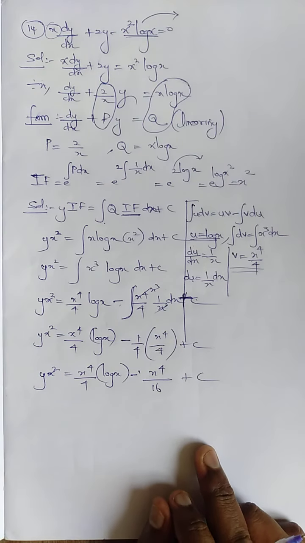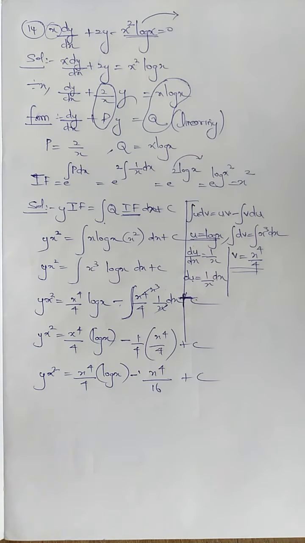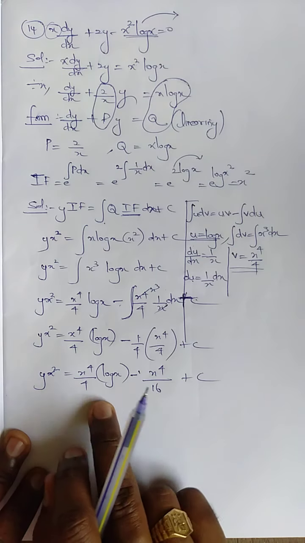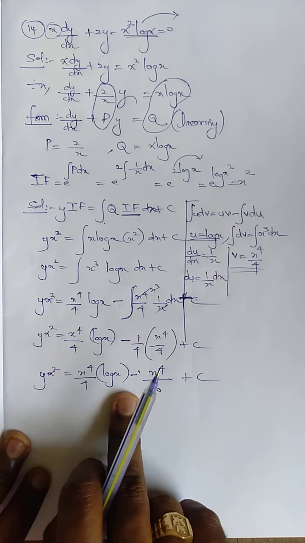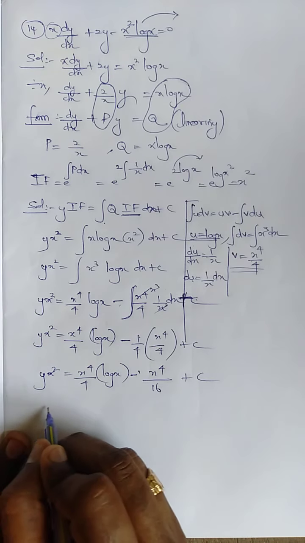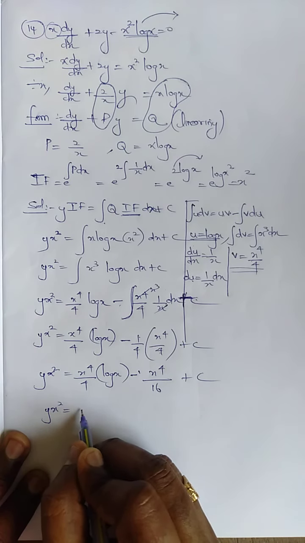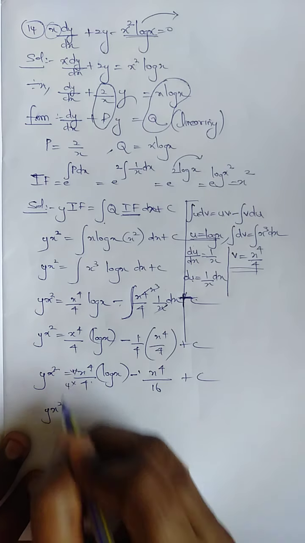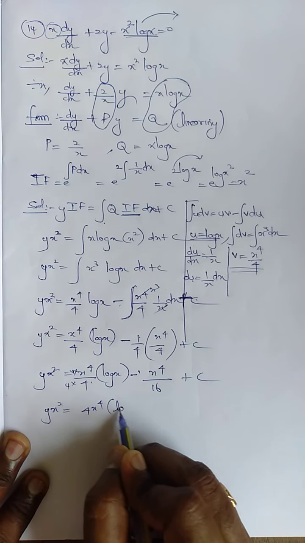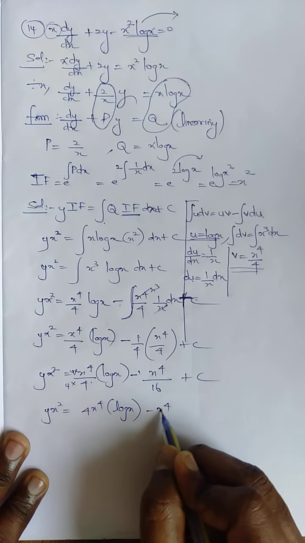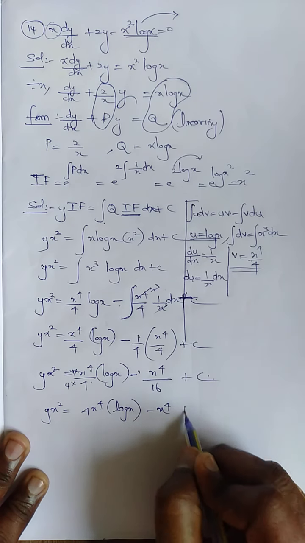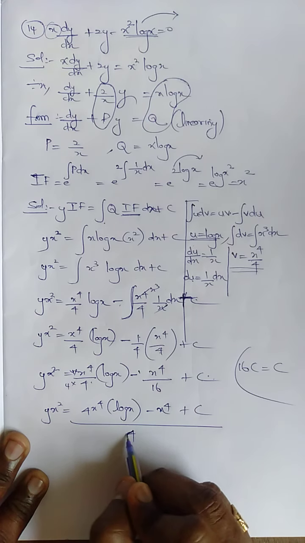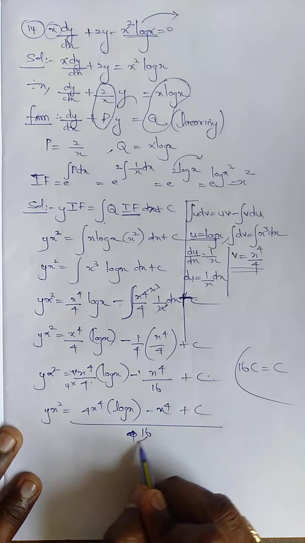Since here the LCM is going to be 16 for us, otherwise we can take 16 as LCM and cross multiply. In the previous sum they did it like that, but the back answer is this one. We take the LCM and do the sum because it is better for us. Y x square is equal to, for 16 I need to multiply by 4 here and here by 4, so 4 x power 4 into log x minus x power 4. 16c is once again c. 16 moves to this side.